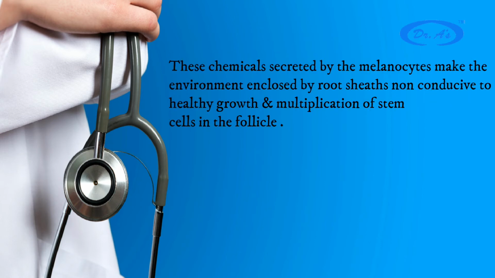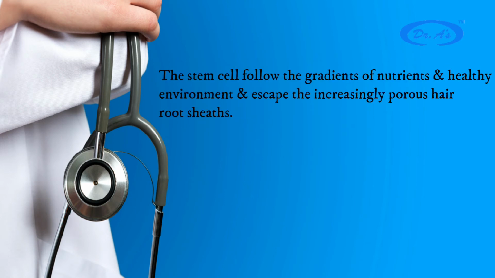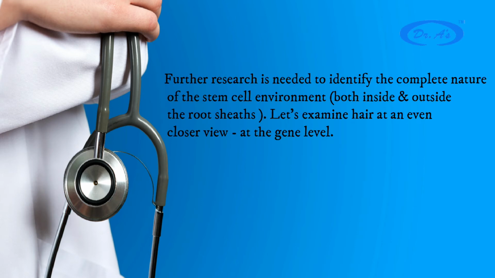These chemicals secreted by the melanocytes make the general environment enclosed by the root sheath around the hair follicle non-conducive to healthy growth and multiplication of stem cells. The stem cells follow the gradient of nutrients and healthy environment and escape through the hair root sheaths. Further research is needed to identify the complete nature of the stem cell environment, both inside and outside the root